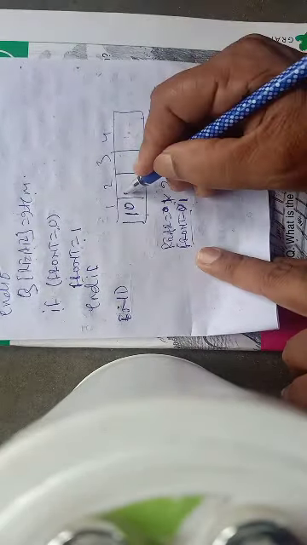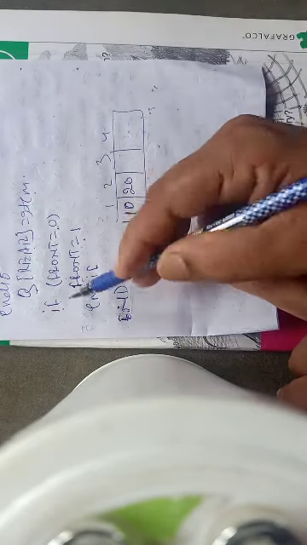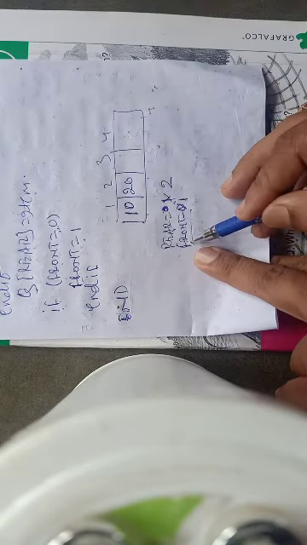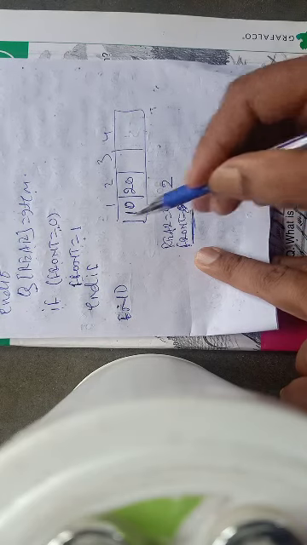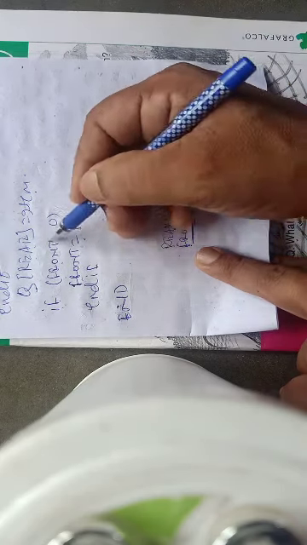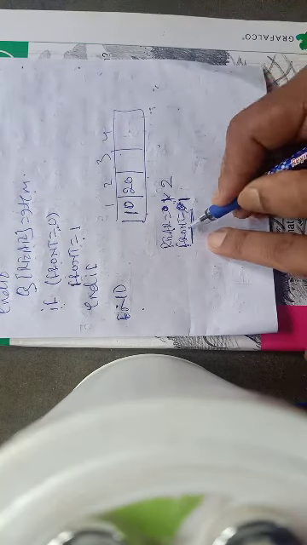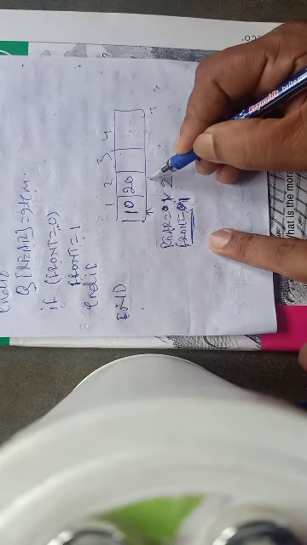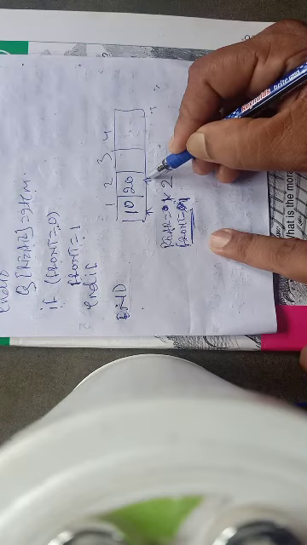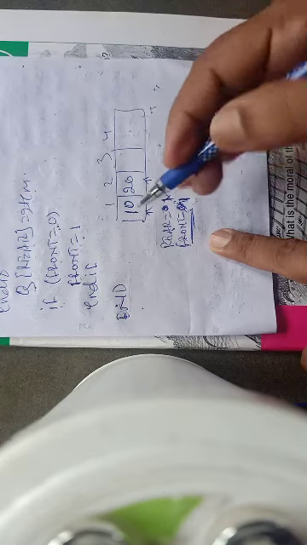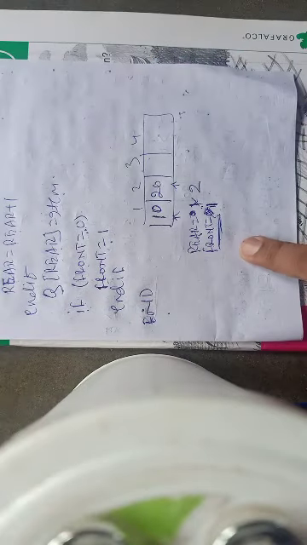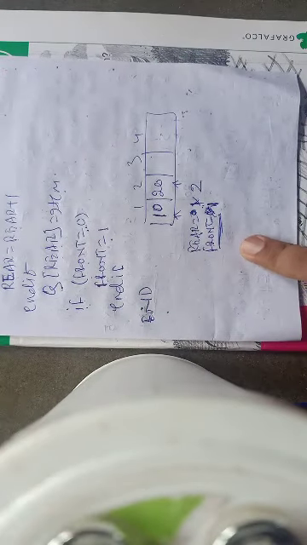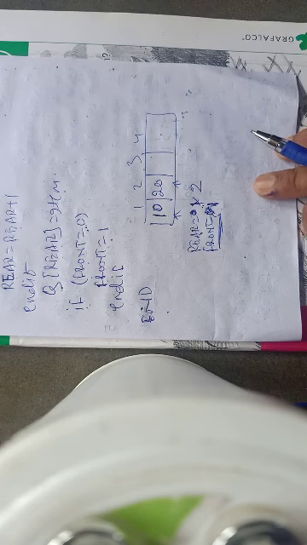Now Q of rear equals item, so the item 20 is inserted. Now it will again examine if front equals 0. No, front is not equal to 0. Front was already 1. So this condition is false, so don't do anything; it will jump. My front remains at 1 and rear will point to 20. More elements could have been inserted by using the same algorithm. So this is insertion in a circular queue.